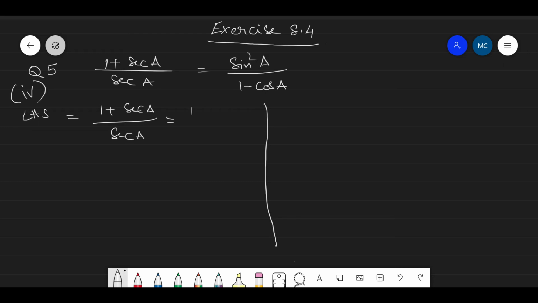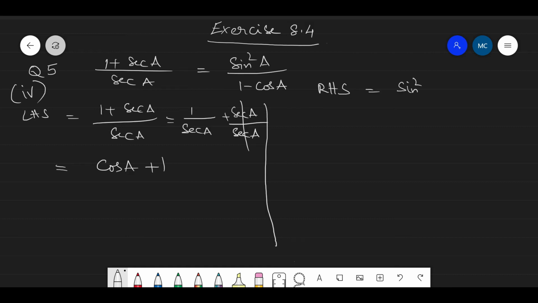This can be done as 1 by secant A plus secant A by secant A. Here secant A and secant A will cancel, and you know that 1 by secant A is equal to cos A, and here this is 1. Now we will do the RHS part. The RHS is